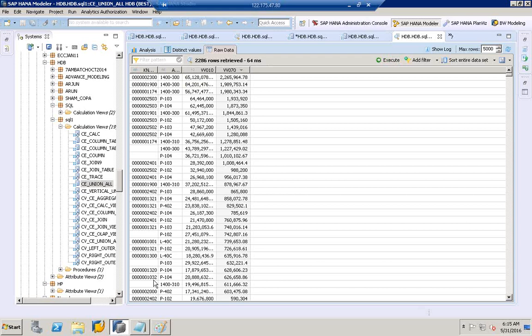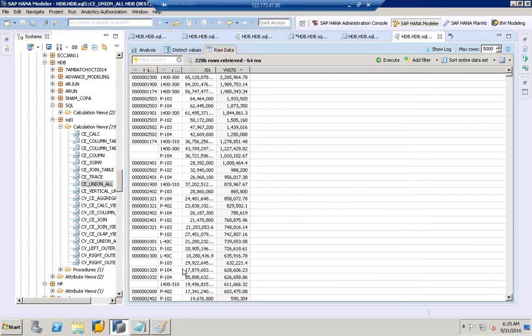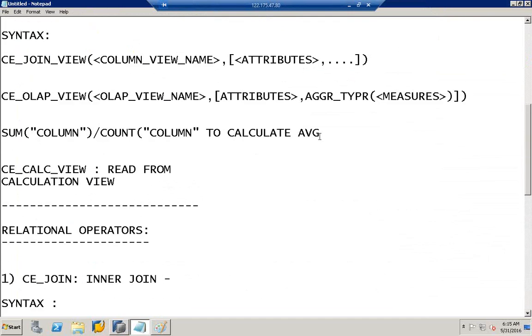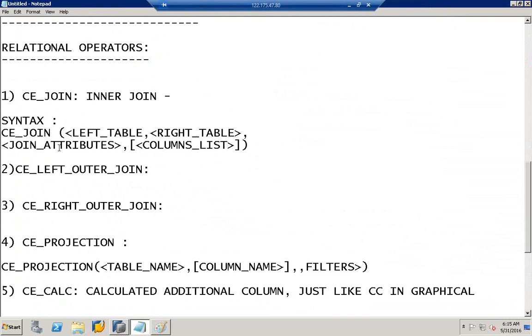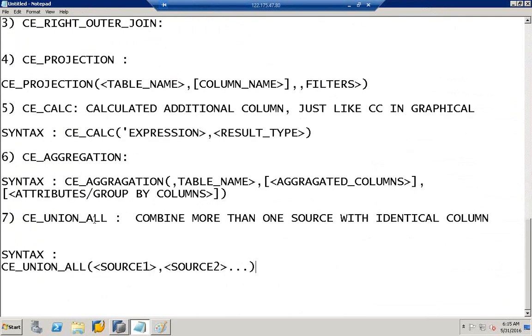Next we see special operators. What special operators do we have inside the calculation view? All these are relational operators. C underscore join to join tables, left outer join, right outer join, selection of columns, aggregate columns, union columns, union different sources. So in special operators,